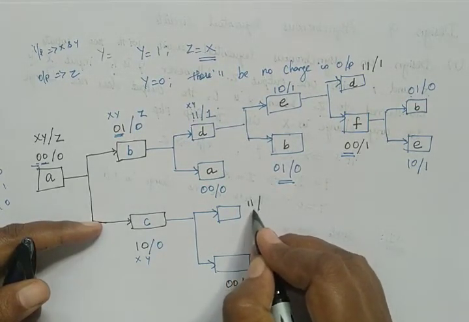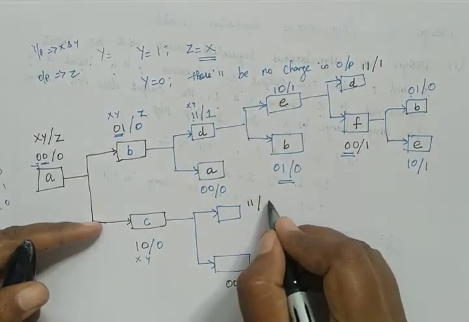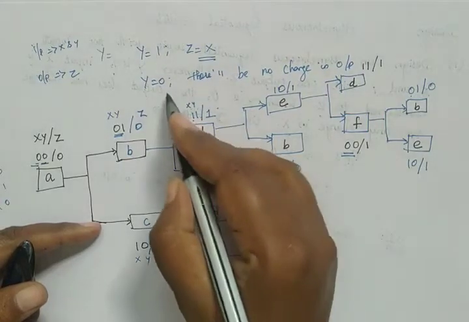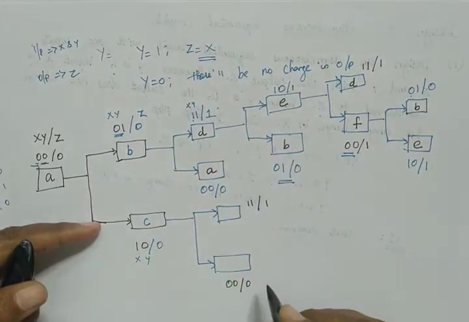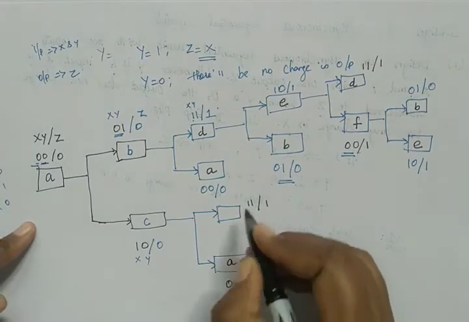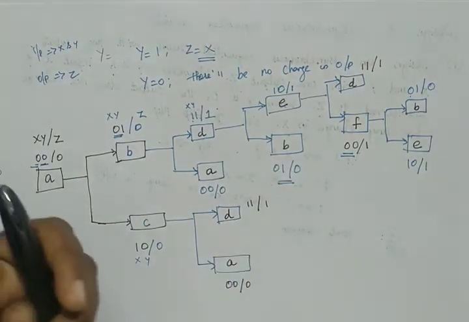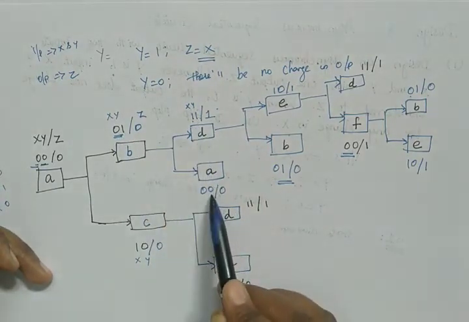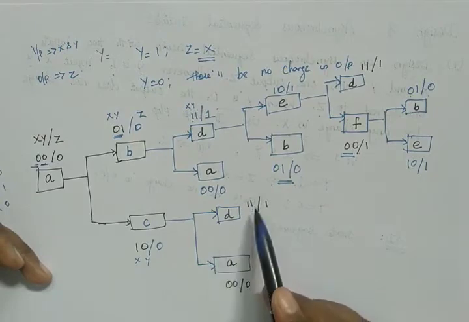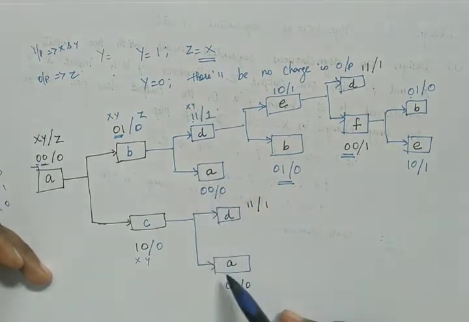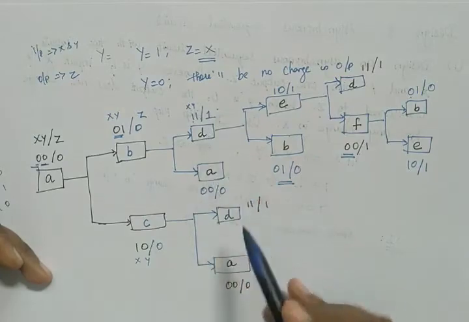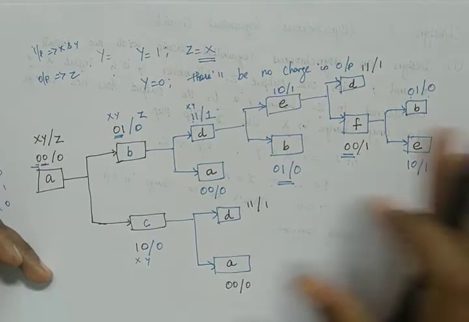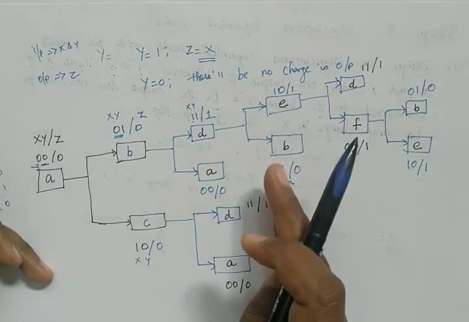XY. If Y is equal to 1, that will be X. So here we have 1. And here we have 0 0. So if Y is equal to 0, then there is no change, that is 0. So here 0 0 by 0 is A, and here 1 1 by 1 is D. Isn't it? So we have to check here. For 0 1, 1 bit changes 1 1 or 0 0. For 1 0, 1 bit changes 1 1 or 0 0. So we have to give a new name. And here these 2 exist already, so we should not continue here, because this will continue and it will extend. So no need to write this.